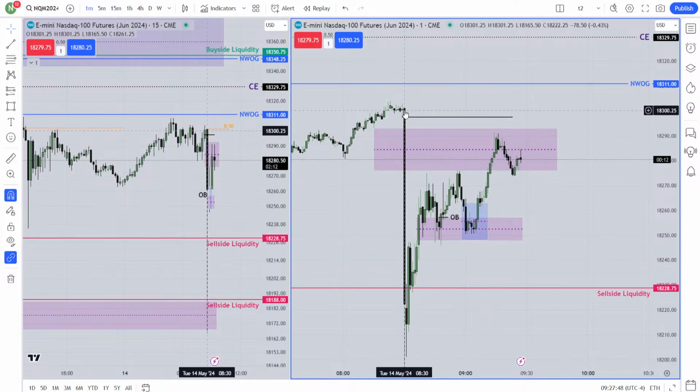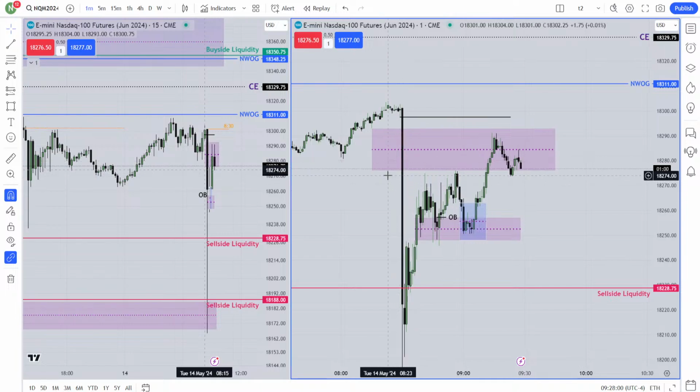See this run at 8:30. That is the PPI run. This news, that means PPI, CPI, PMI, FOMC, they actually follow a pattern, and that pattern is the first move is going to be your fake move.